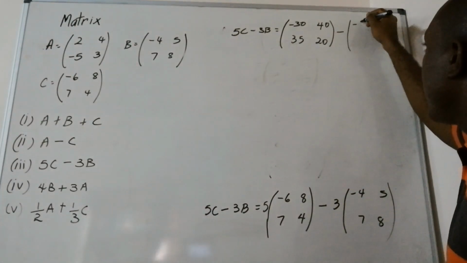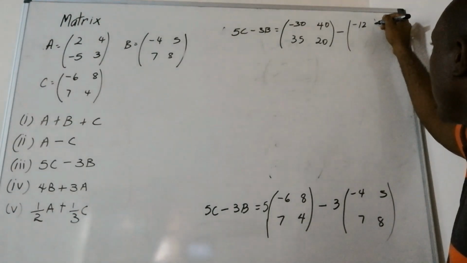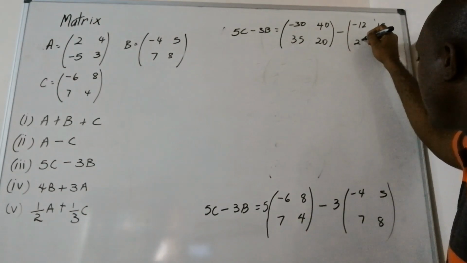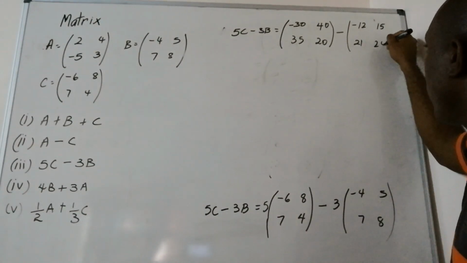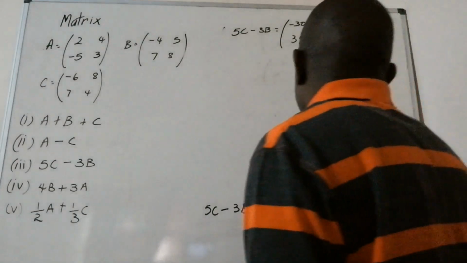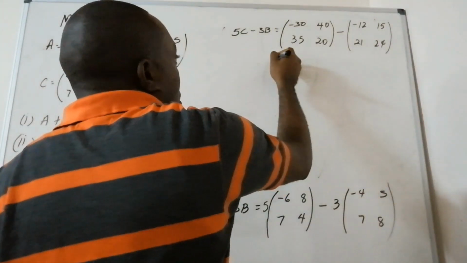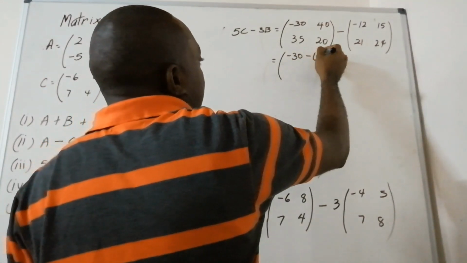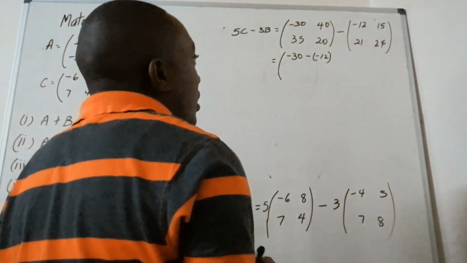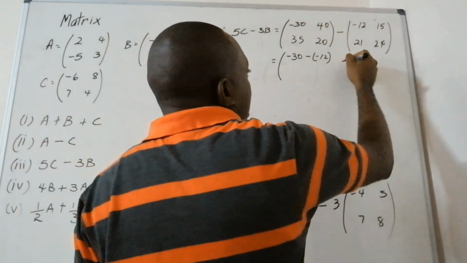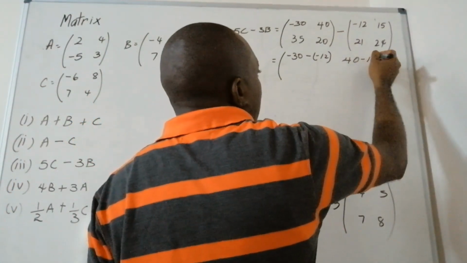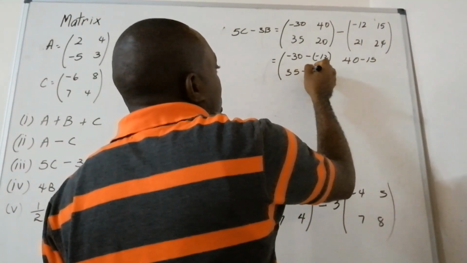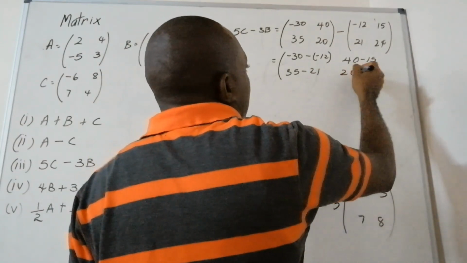So that will give us minus 12, 15, 3 times 7 is 21, 3 times 8, 24. So now we will go ahead and subtract, which will be equal to minus 30, take negative 12, 40 take 15, 35 take 21, and 20 take 24,